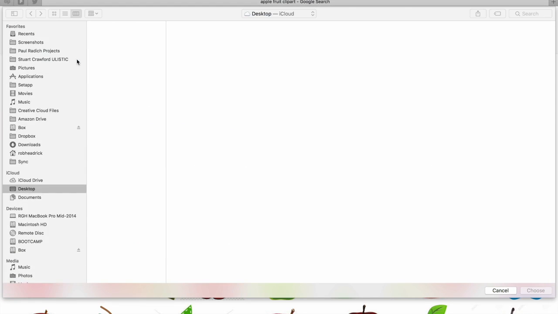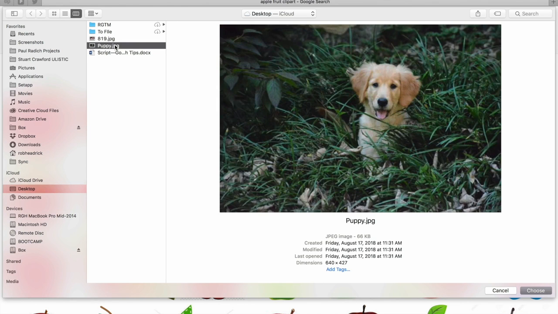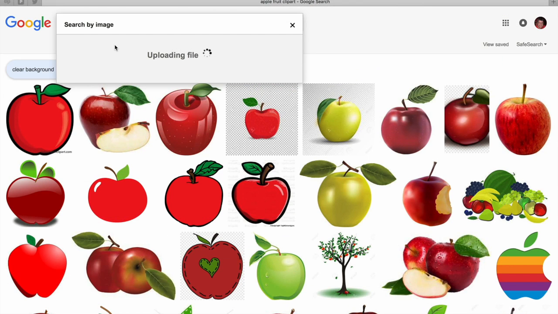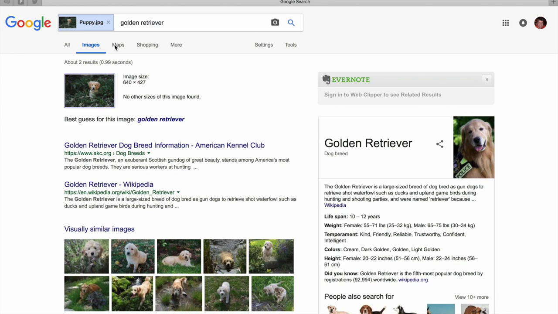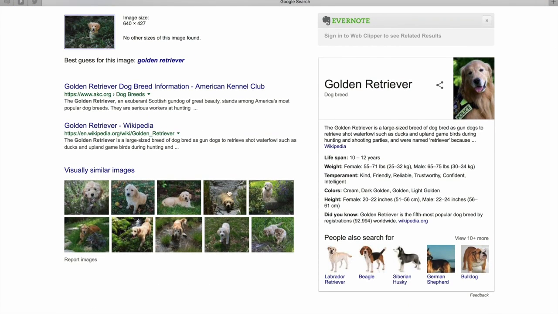I'm going to choose a file. Let's bring up this picture of a puppy. All right, so I took this picture of a friend's puppy, and let's look at these results. You can see that it not only tells you the image size, it has identified the content of the photo. It is a dog, and it is a golden retriever, and it's got quick links to more information. It's got visually similar images, and if you click on that,